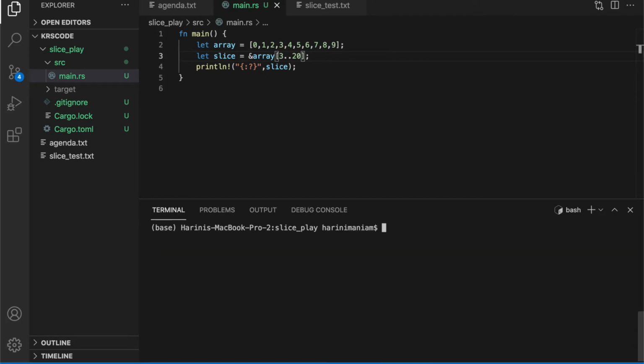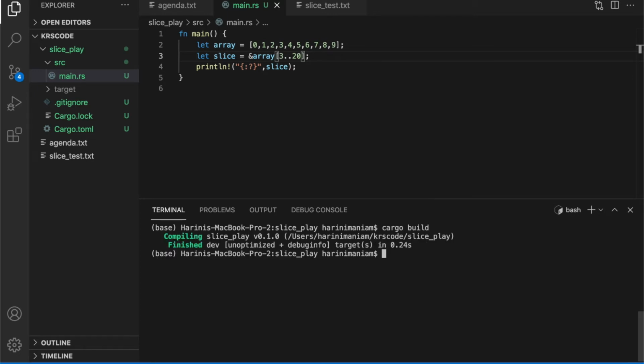If I compile, it is saved. Cargo build. It's compiling. No errors. But when I run this,